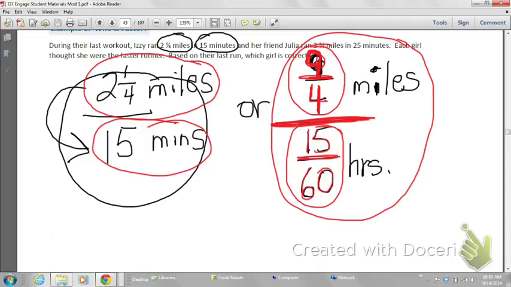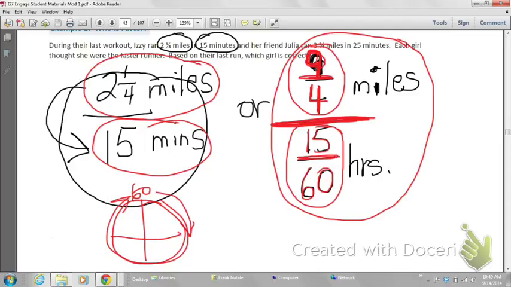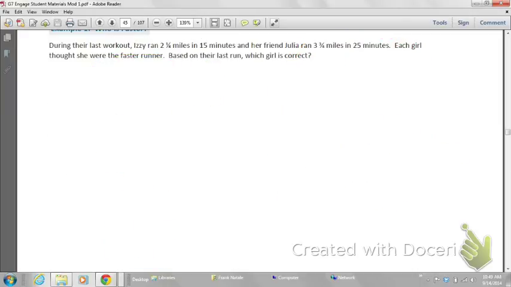We talked about the clock before. Remember, the whole thing is 60 minutes, right? We go all the way around the clock. That's our whole. And then we're talking about 15 minutes, so we're talking about 15. Now, if you remember or just knew this anyway, 15/60 of an hour is actually 1/4 of an hour. So we've reduced or simplified that to 1/4. All right. So now what we are left with is we have 9/4